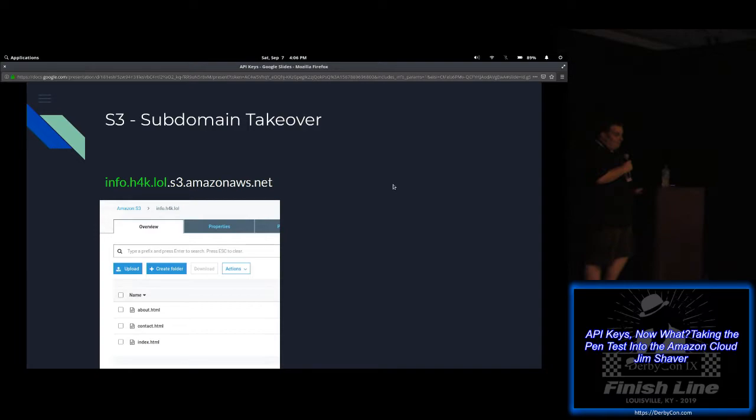So basically the way an S3 bucket works, you can technically make the S3 bucket name anything you want. So it could be just a bunch of random gibberish .s3.amazonaws.net. But they really prefer you to use DNS compliant names. So I own the domain hack.lol.